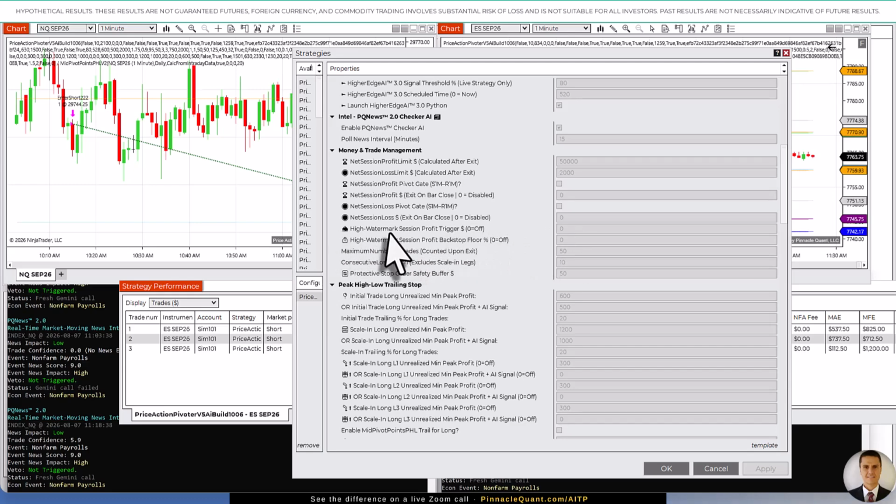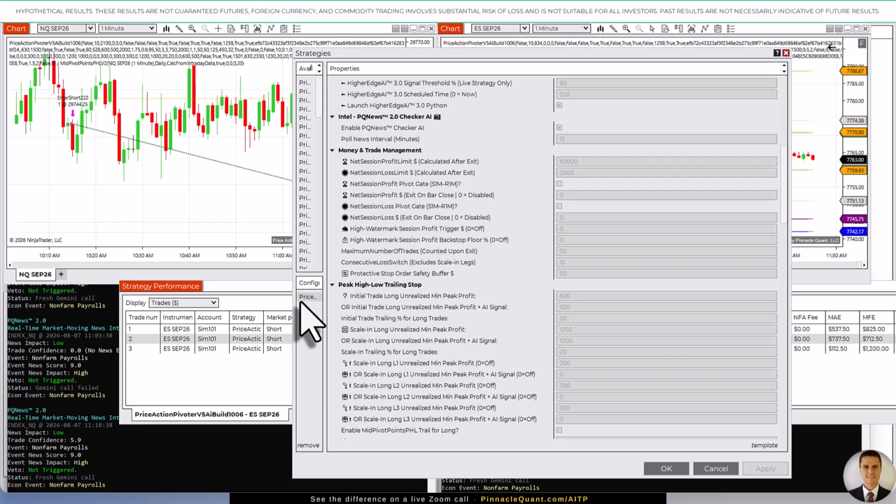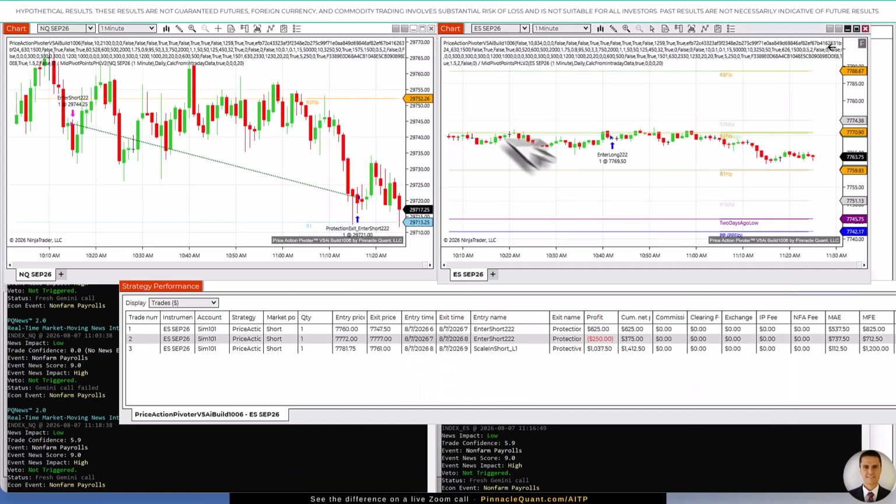Okay, high watermark session profit trigger. Imagine if I had $1,500 here, and I put my backstop at 50%. That means it's essentially trailing this, and it's trying to book $750 of profit for me. It's not exact, there's slippage, but that's what it's trying to do. Now, if I take a $1,500 loss here, because that's my stop,